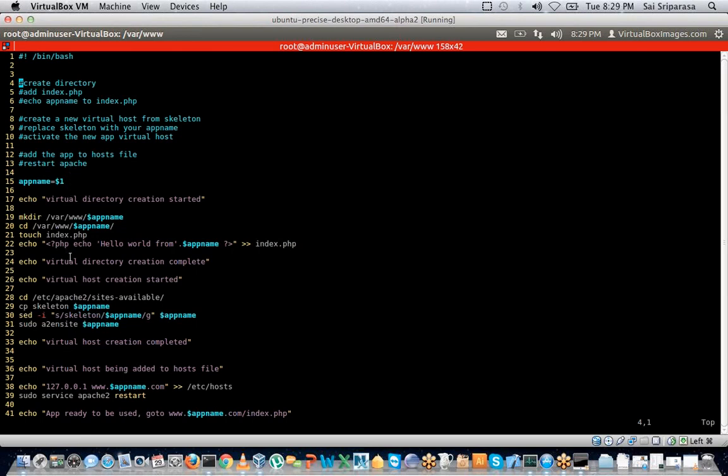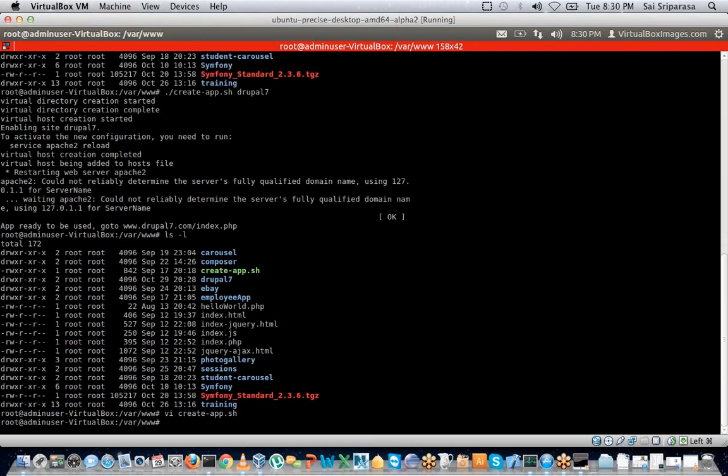Rather than doing it step by step, I've made it into a script. Honestly speaking, I make it into a script every training session, just so everybody understands how we can automate stuff. This is a very basic shell script. There are much bigger shell scripts that you all would have to work with once you get into a real company. But that is the best part. You'll actually challenge yourself, you'll struggle, and then you'll succeed.